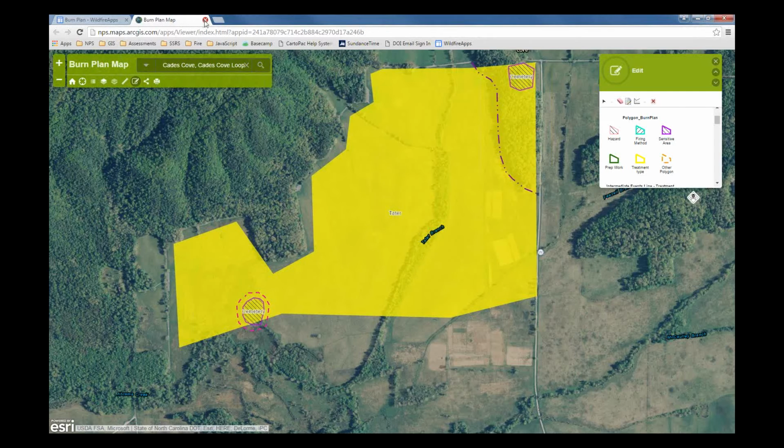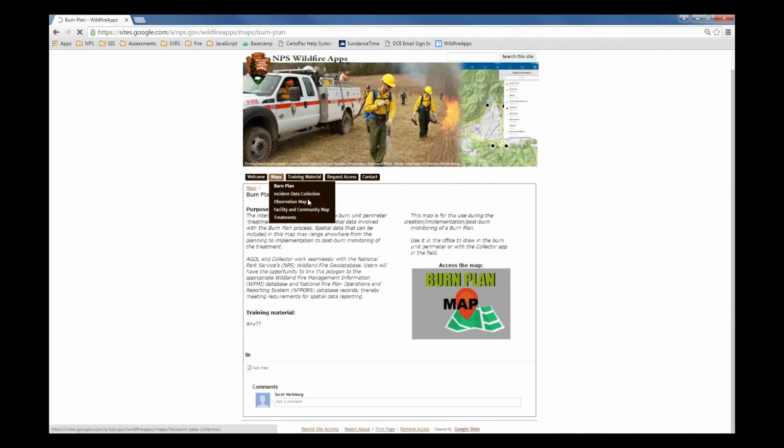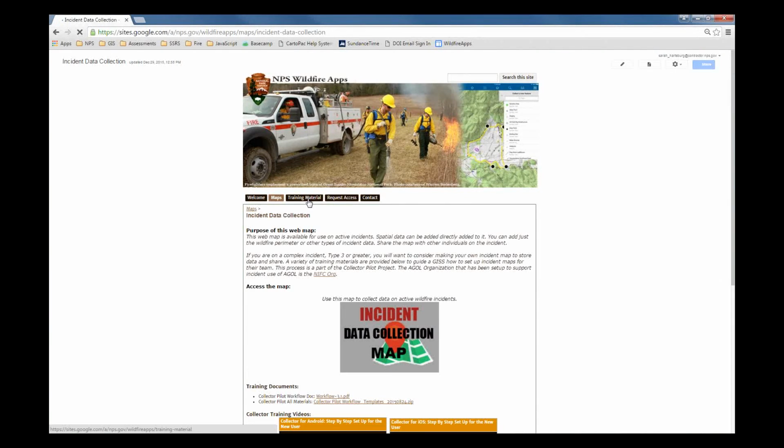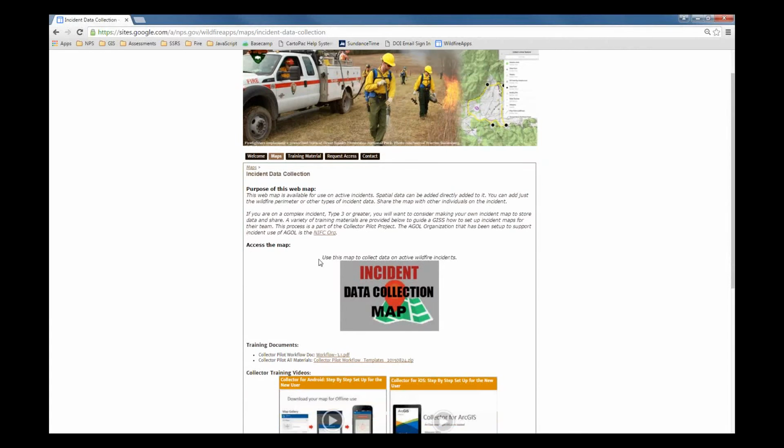Okay, so we're going now to the incident data collection map, and that's the last app that I'll show you today. This map, for fire personnel without GIS skills, can be used on type 4 or 5 incidents. It can easily be shared with other individuals on the incident, and it doesn't matter if they are NPS employees or not. The data can be exported if it needs to be transferred somewhere other than the NPS Wildfire geodatabase afterwards. We're not going to look at the web mapping application for this map. We're going to actually just look at this in Collector, but it does have a web map that can be used for editing in addition to the Collector option